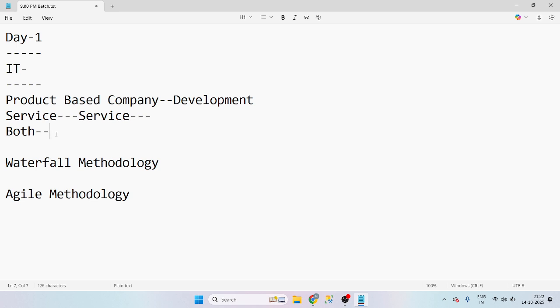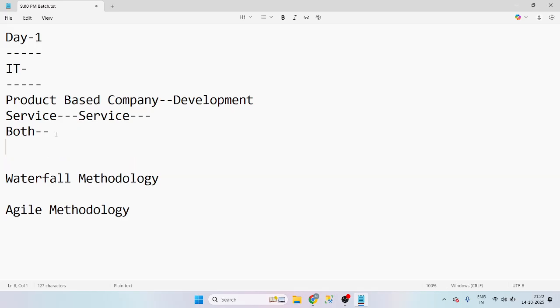TCS is one of the biggest organizations, which can keep many people to handle a project. But an XYZ company might have only 1,000 or 2,000 people. To provide a service for SBI or HDFC, we need like 10,000 people. For that, we would have to recruit people at that time. It is not going to be taken care of. That is the main reason the service-based projects go to these types of companies, the MNCs.